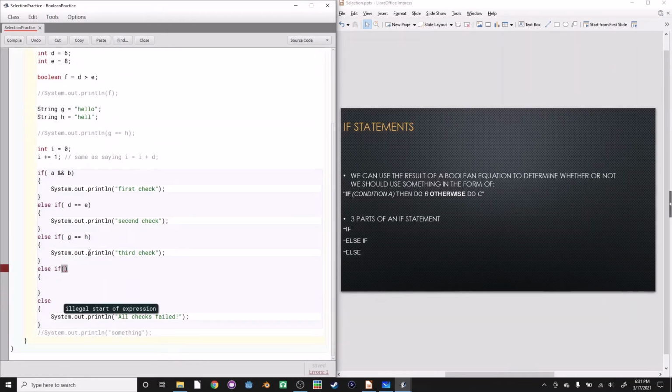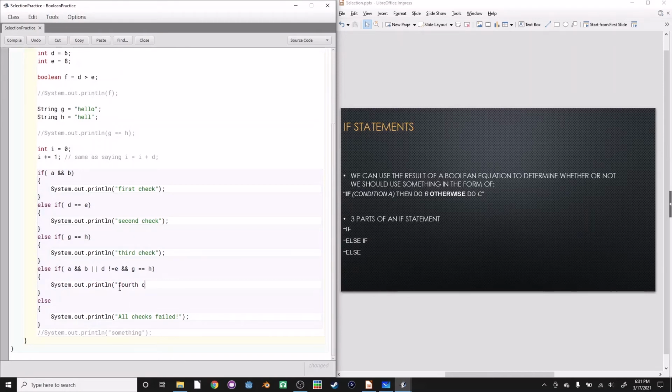It's a legal start because I have no values in there. If A and B or D not equals E and G not equals, G equals H. System.out.println